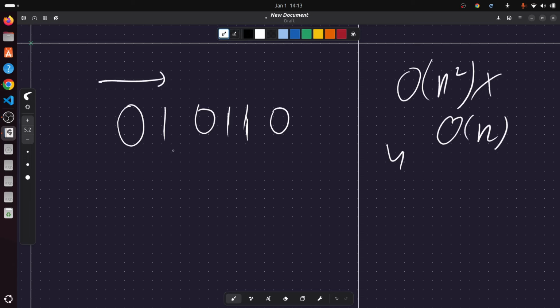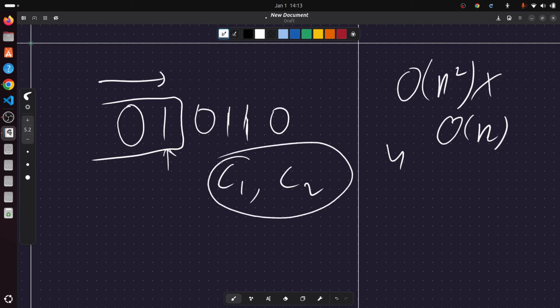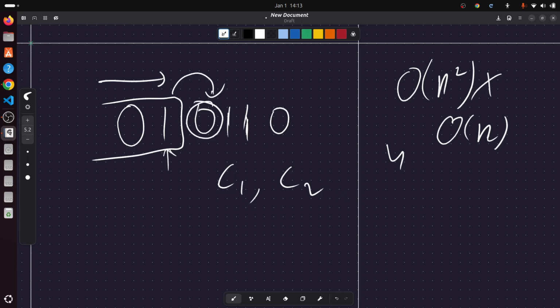If we are at the ith position, then we can just keep a count of what is the number of zeros in this prefix, let's say c1, and the number of ones, c2. When we are going from i to i plus 1, we can simply increment the count of whatever character that is. So if there's a 0, then we will do c1 plus plus, and if there's a 1, we will do c2 plus plus, right? And while we are iterating from i equal to 0 to n minus 1,